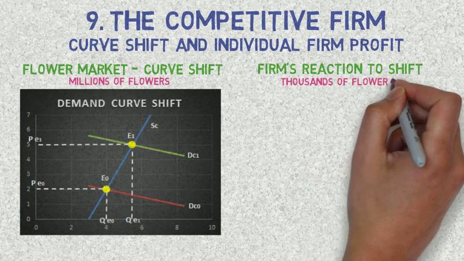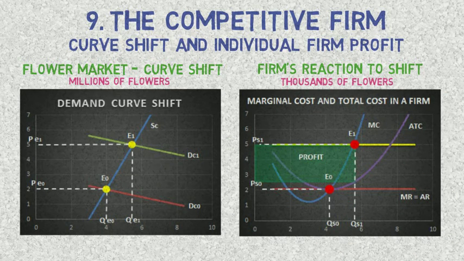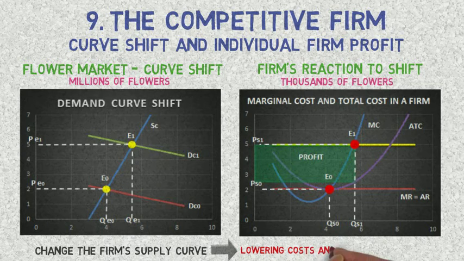The individual firm increases its profits, as seen in the second graphic, since the selling price becomes much higher than the average total cost for each unit. It is impossible for the individual producer to change the demand curve. However, he can focus his efforts on lowering his costs, which can be achieved by improving technology and cutting unnecessary